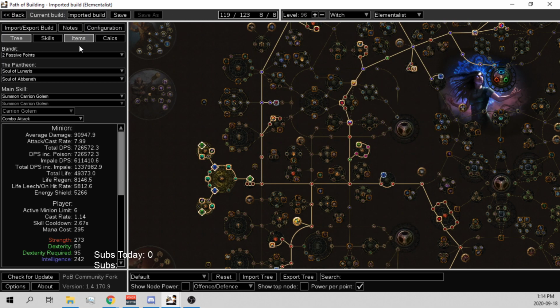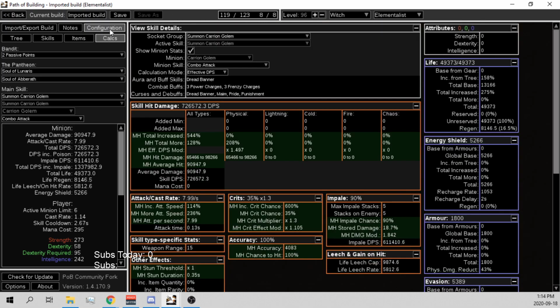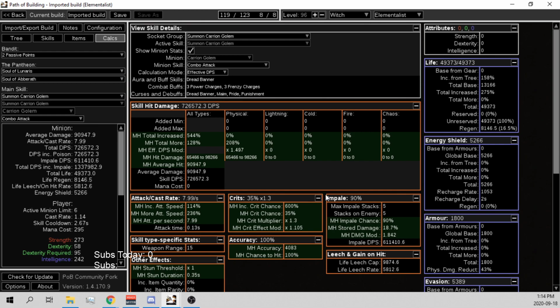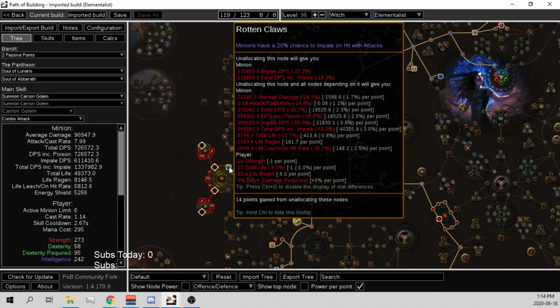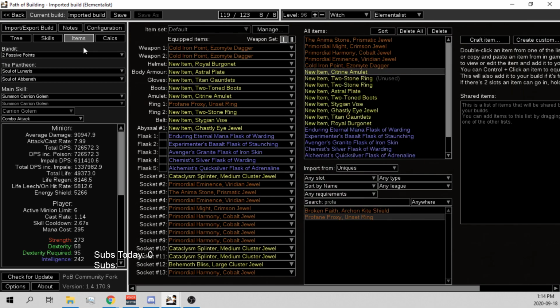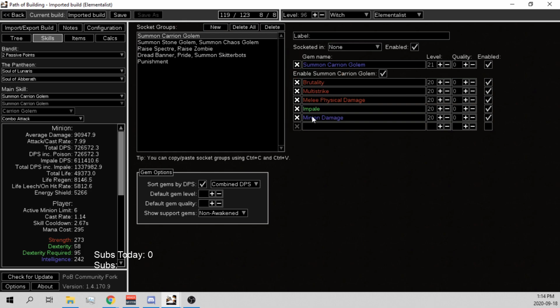And so the main concept is, when I came into the build, the budget build, I looked at the calculations for the Carrion Golems with the minion stats on the combo attack, and it shows their impale. So the impale chance of your Carrion Golems is only 68%. So what I wanted to do was get a Rotting Claws in the build to gain 20% chance for Impale. And then I also prioritized going for,